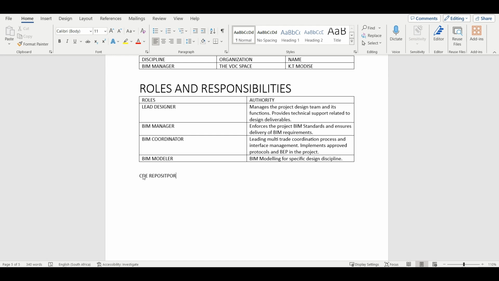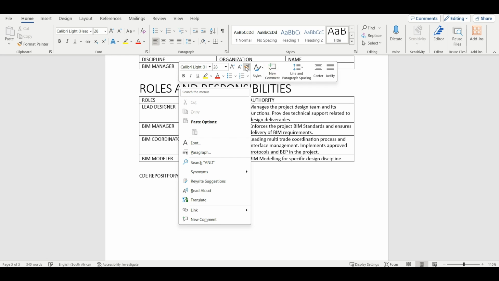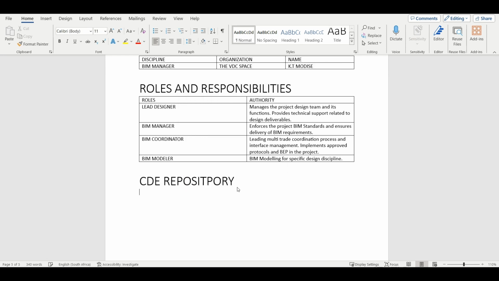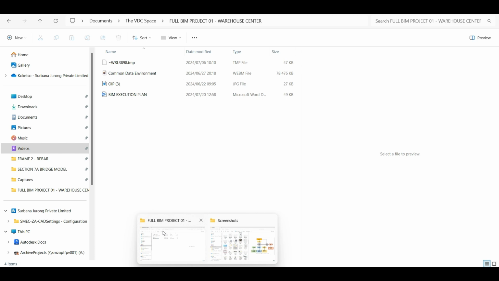So this basically outlines how information is gathered, how it's processed through the common data environment in accordance with ISO 19650. So what we're going to do is I'm just going to attach the picture that outlines how the